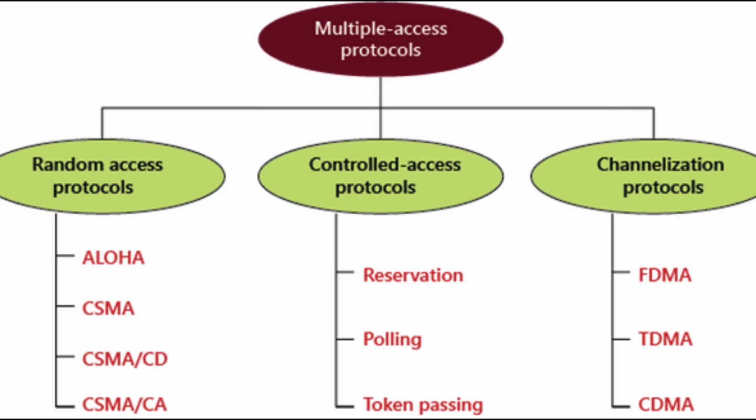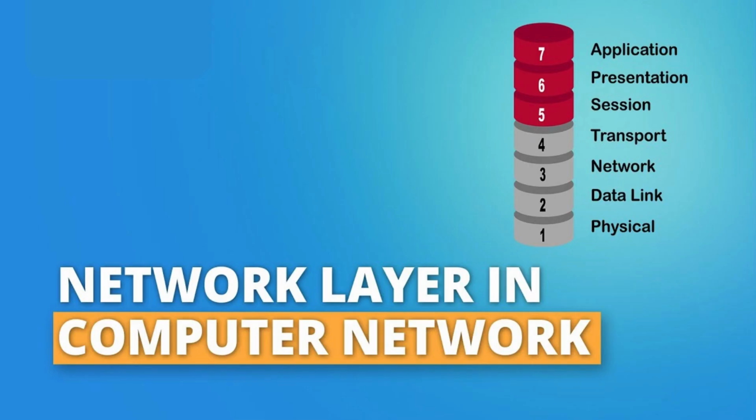So now it is time to discuss the network layer. The network layer in the OSI model and TCP/IP model serves as a critical component in computer networking by managing the routing and forwarding of data packets across different networks. Its primary responsibility is to enable end-to-end communication between devices on different networks by determining the best path